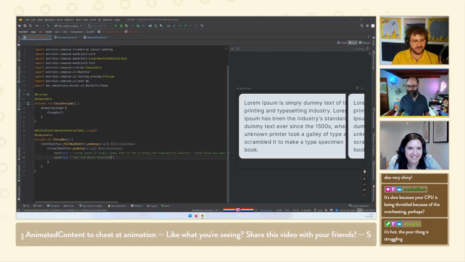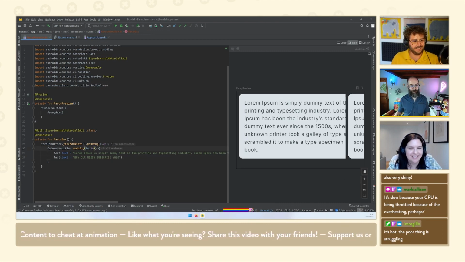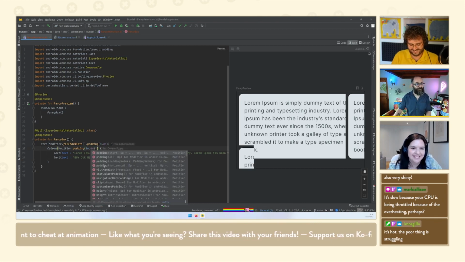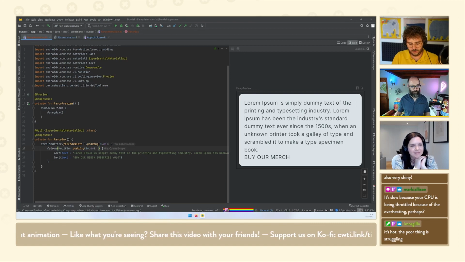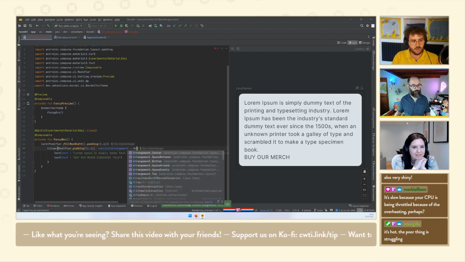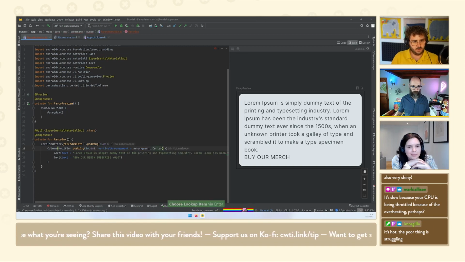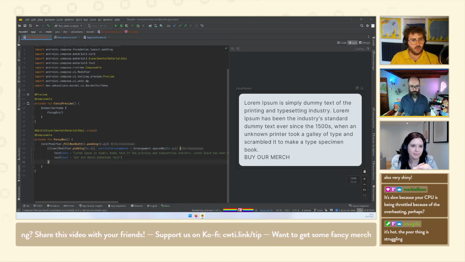Yeah. YOLO. The text you definitely want to hide. I also want to put some space between the two, so vertical arrangement spaced by 16, whatever, it doesn't matter. Okay,